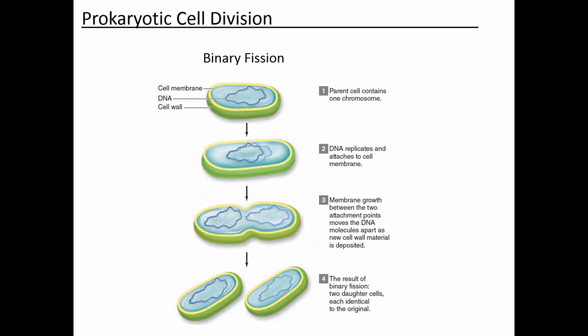Okay, so what we're going to see is that in contrast to binary fission, the cell cycle in eukaryotic cells is going to be more complicated. And one of the reasons that it's more complicated is the fact that in the nucleus you have different types of chromosomes. And so you're going to have to replicate each of those types of chromosomes. And then you need to partition them correctly. So because there's different types, you need to make sure that the two daughter cells that you produce in the end get the correct types of chromosomes, and then each of them are going to be identical to each other.